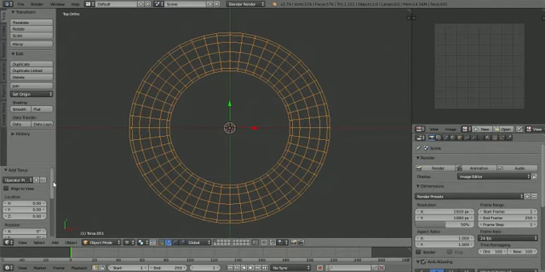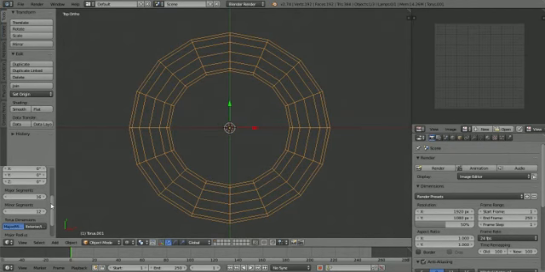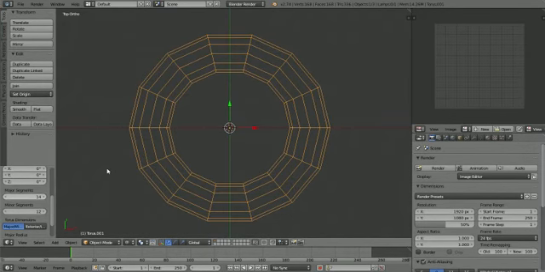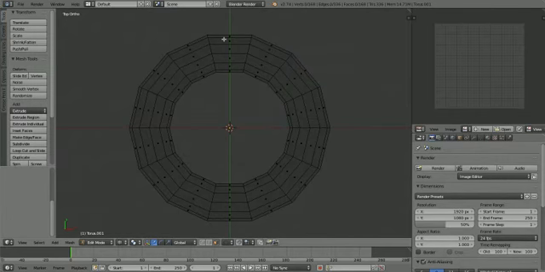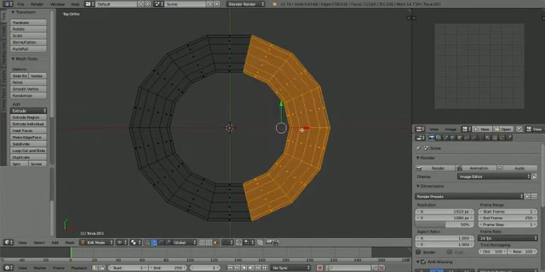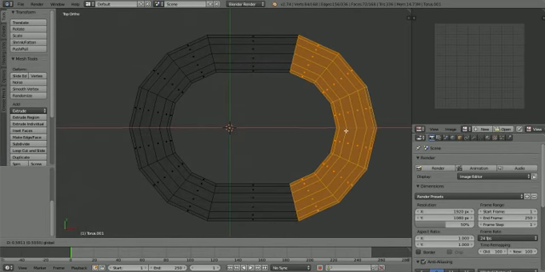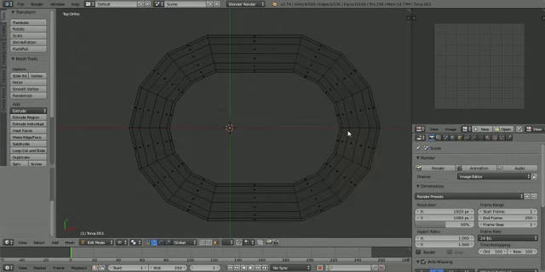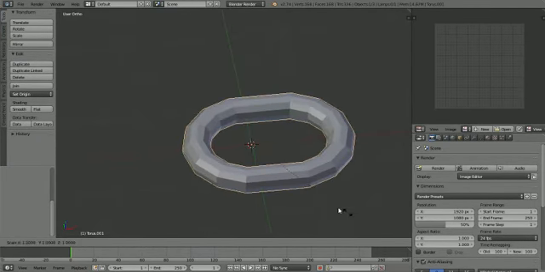So what I want to do is start out with 16. I could probably go lower to 14. That'll work. What I want to do is select just half of it and pull that outward, and that's your first link. I'm gonna make that smaller,